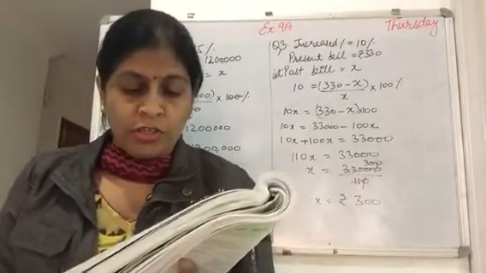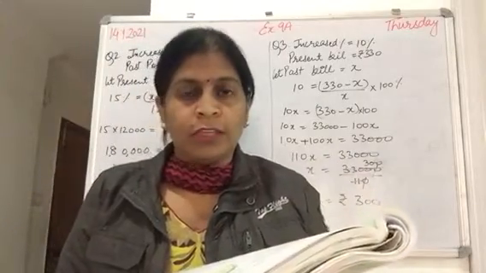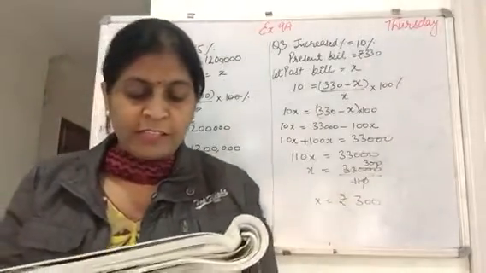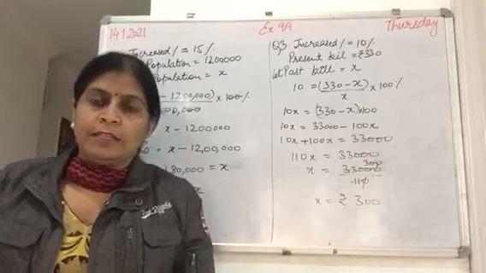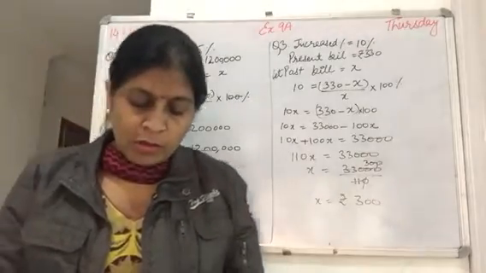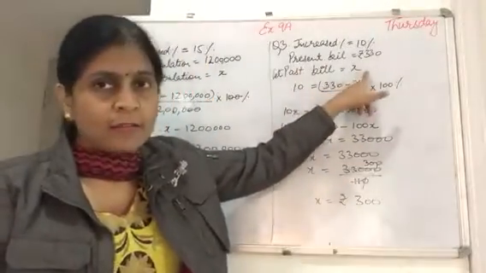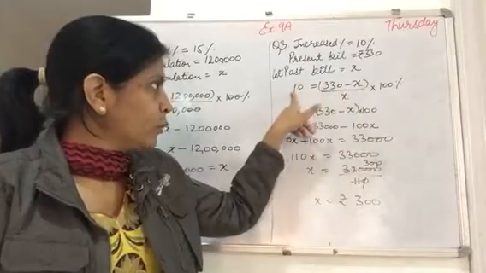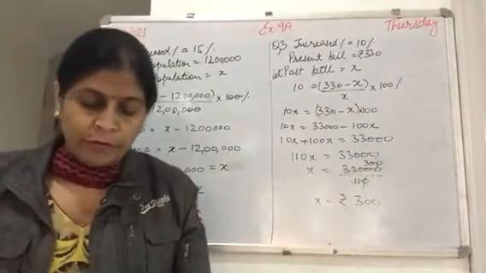Now the fourth question says, this year Mr. Chatwal's apple orchard gave a bumper crop of 25% more than last year. So the increase percent is 25. If this year's crop was 90,000, so the present production of apples is 90,000. What was the amount of apples he had last year? Again, last year's will be x: (90,000 minus x) upon x equals 25% into 100. Like this you will solve by yourself.